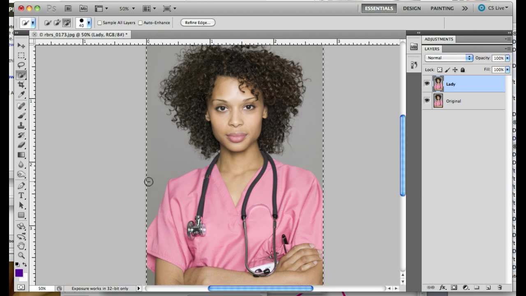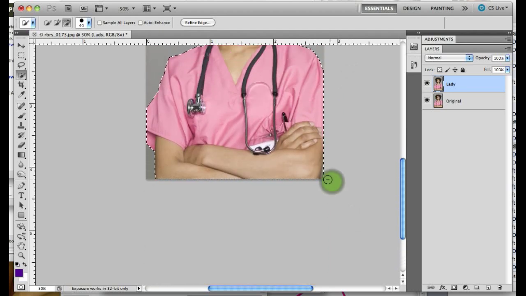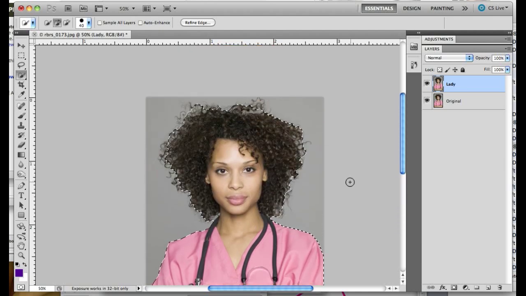If it selects too much, I hold down the Option key or Alt key on the PC, and I come in from the outside to remove areas that I want to delete from the selection. The problem here is the hair, that we have lots of hair detail that we want to retain, but as it is right now the selection is very rough. If I go to Refine Edge,